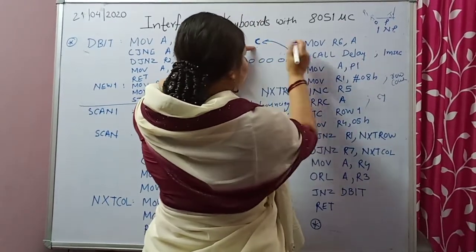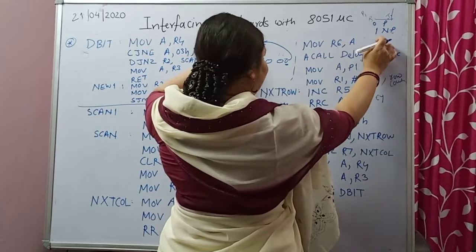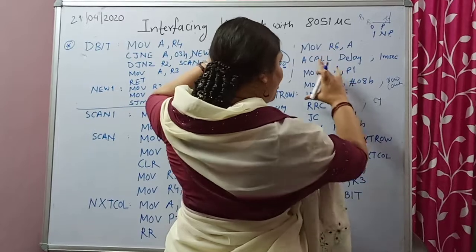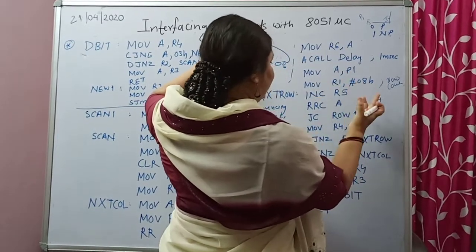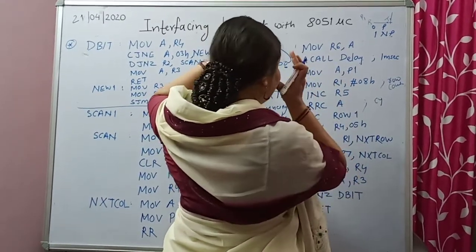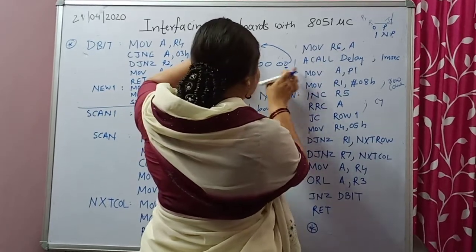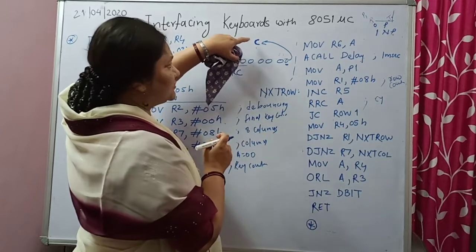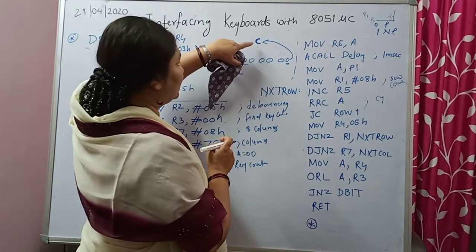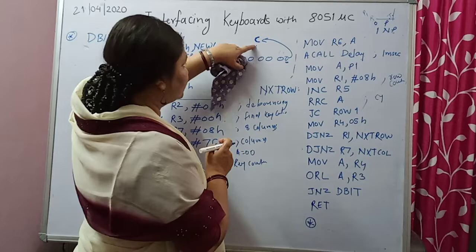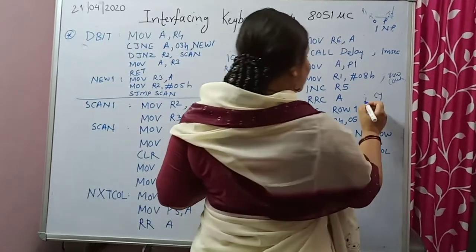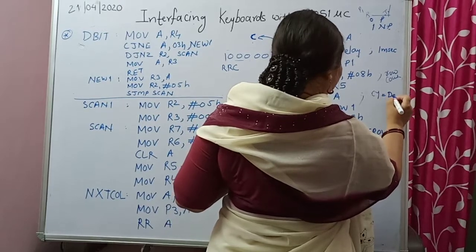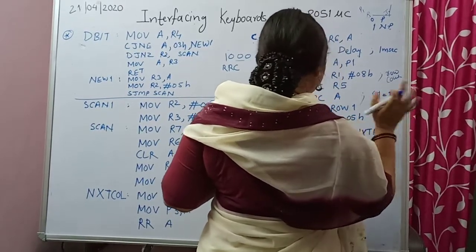Because this is just one key we have to check, instead of checking the whole register, the accumulator or any other register, we are rotating the status one by one into carry, and we are checking the status of carry. If carry is 0, then the key is pressed. If carry is not 0, then the key is not pressed. So here we are making efficient use of carry. This is for detecting which key is pressed.